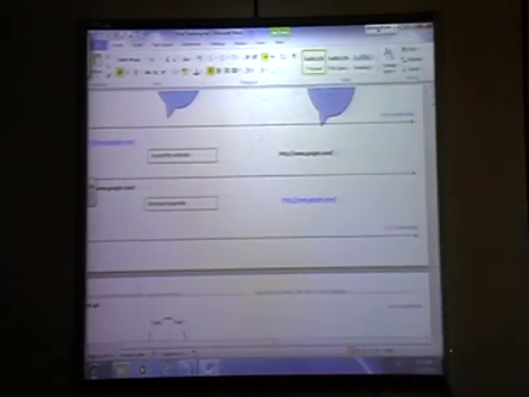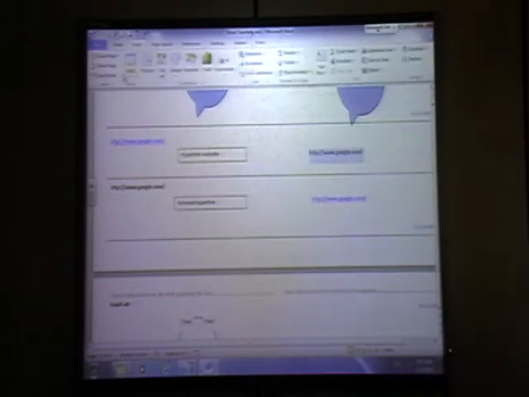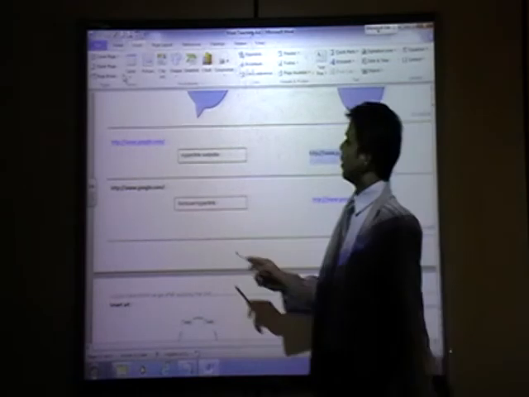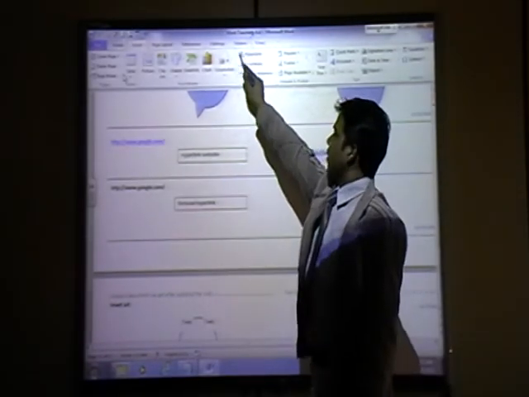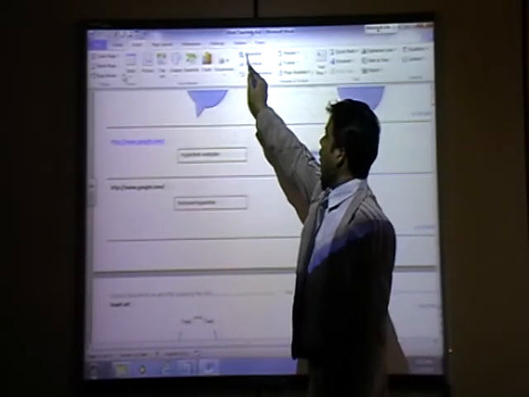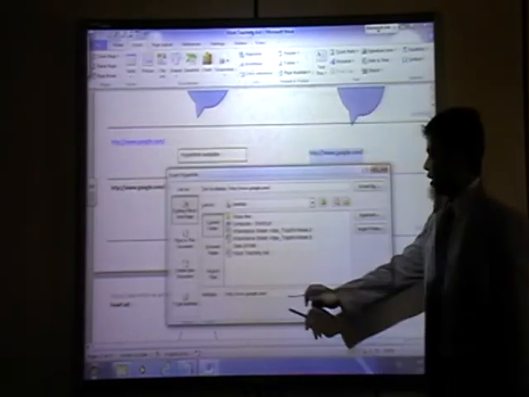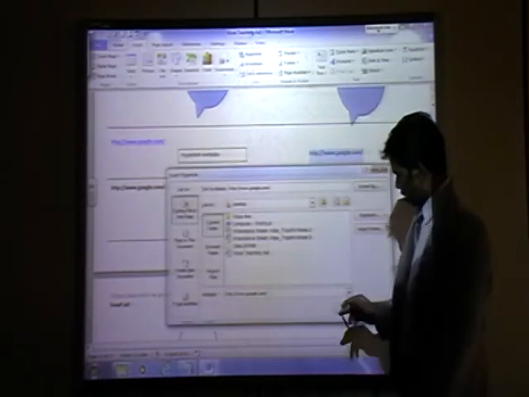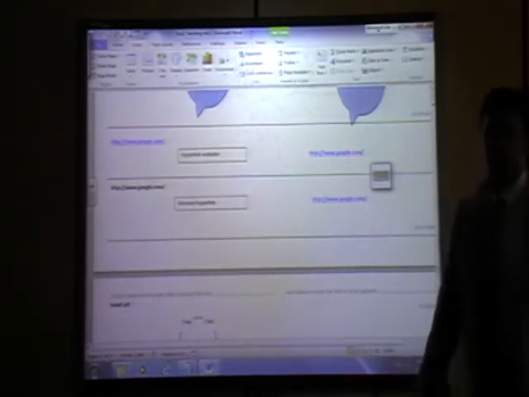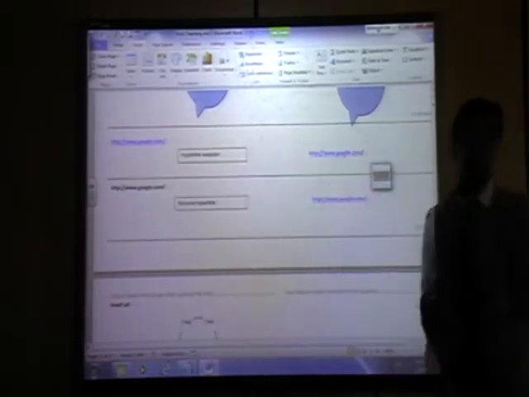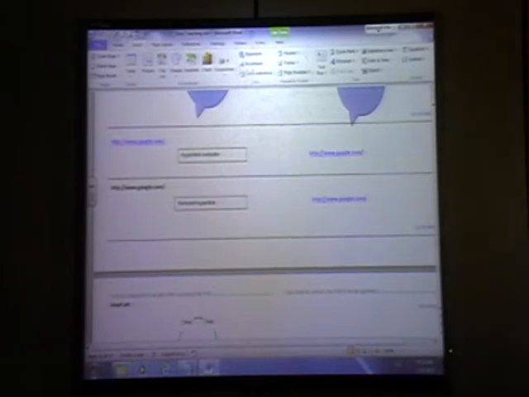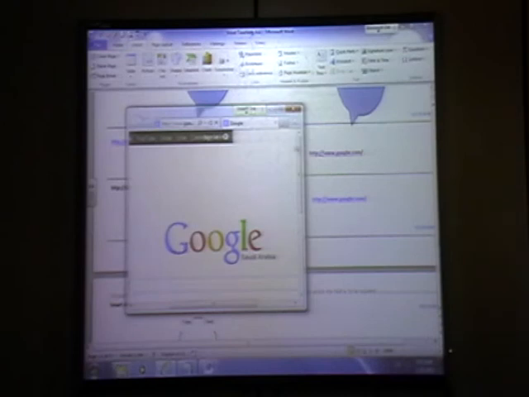I will select with mouse. It is not selecting properly. Next question is hyperlink. Select this one. Go to insert. Now hyperlink is here. Click on hyperlink and here is google.com. Click OK. What is the use? If you click on this, the website will open. Look here. Control and click. If you do, the site will open.